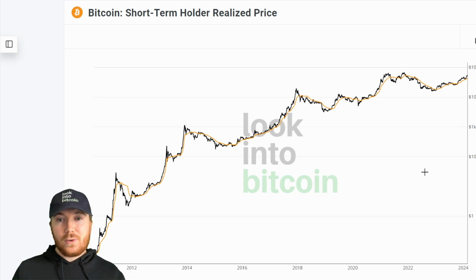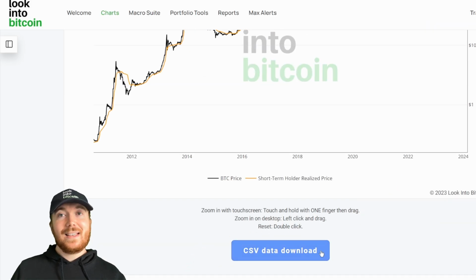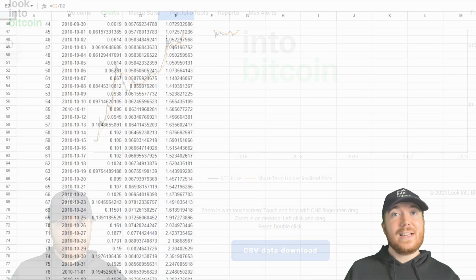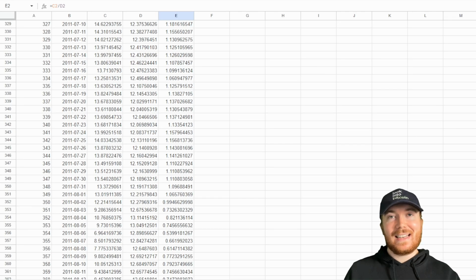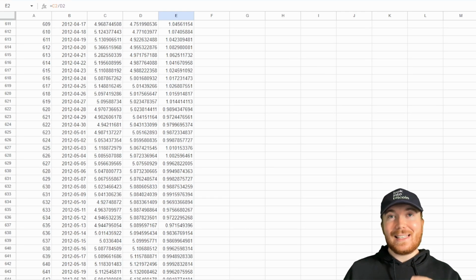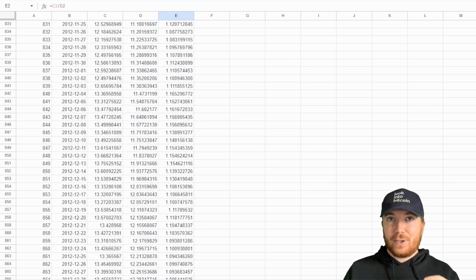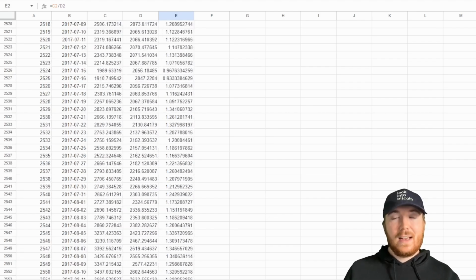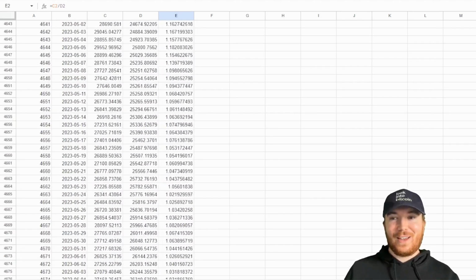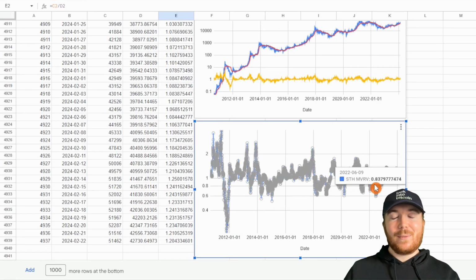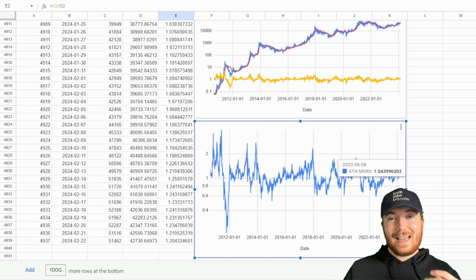But one thing you can also do with these metrics, with these CSV data downloads, you can actually manipulate this data to potentially come up with new and exciting metrics specifically just for you. So here, just as an example, I've actually recreated not exactly the MVRV Z score, but the MVRV of the short-term holder realized price. And we can actually see, if we scroll down all the way here, that this has been an incredibly accurate way to actually not only accumulate into your positions, but also take profit at the most